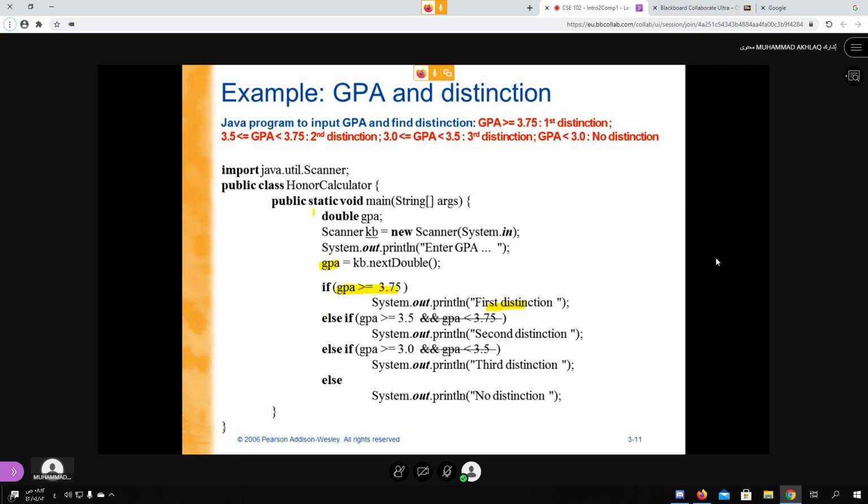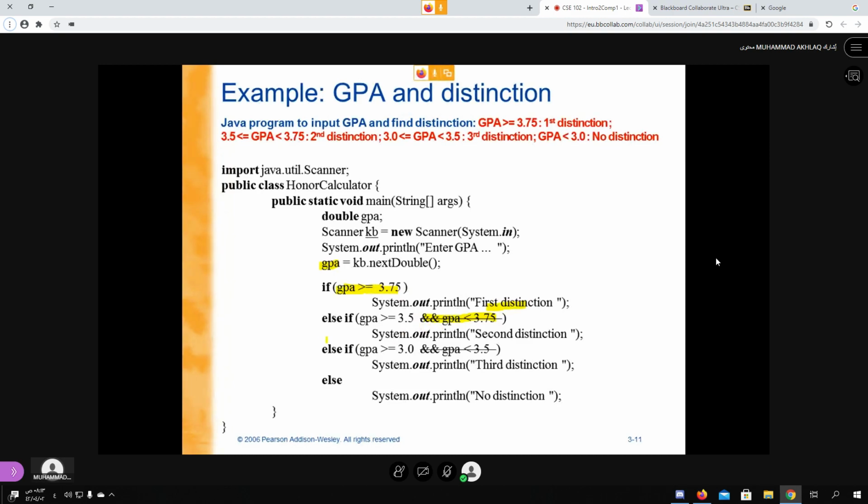So second condition is useless. So here you can say else if GPA is greater than or equal to 3.5. And writing this and GPA is lesser than 3.75, this is automatic. Why? Because if this condition is false, then it will come here. Yani if GPA is lesser than 3.75, then it will go to this part. So it's useless to check it again. That is why I removed this.